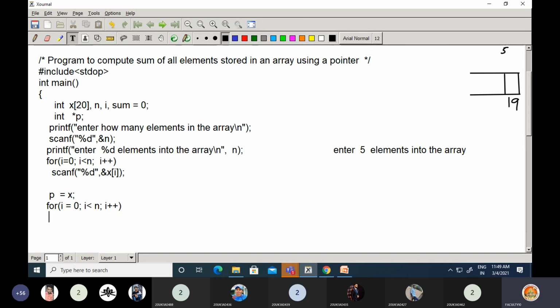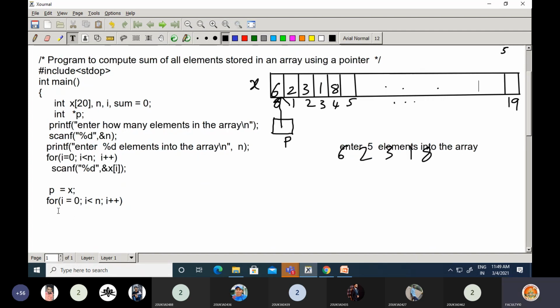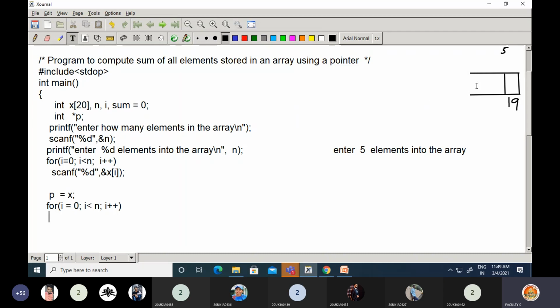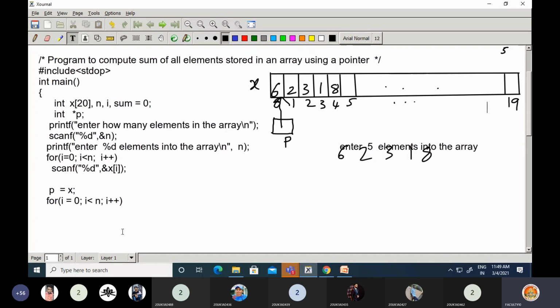So i is equal to 0. 0 less than 5, yes. Now you can find the sum of these array elements in this way.